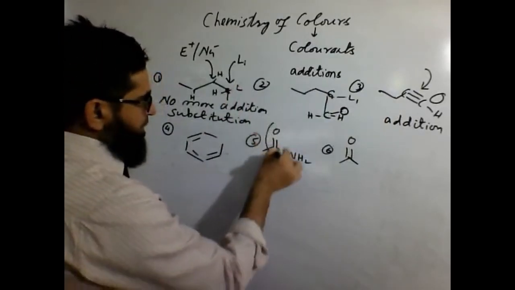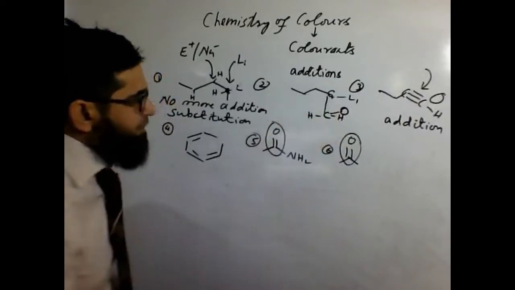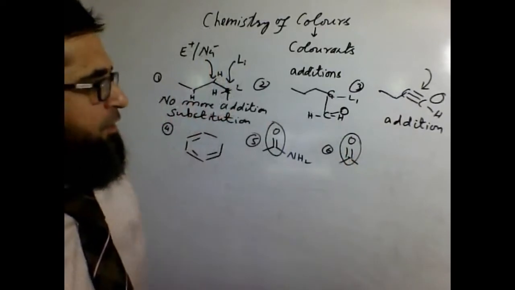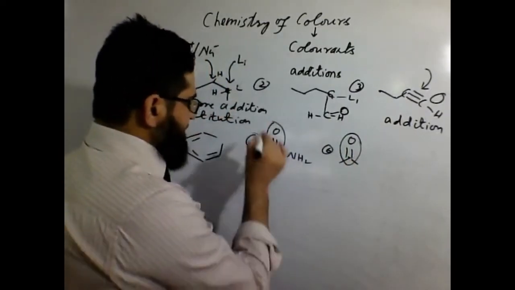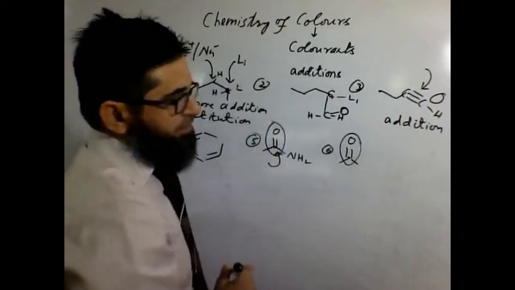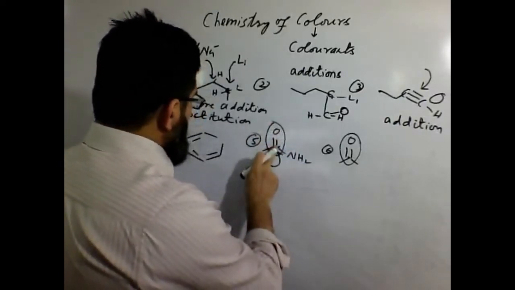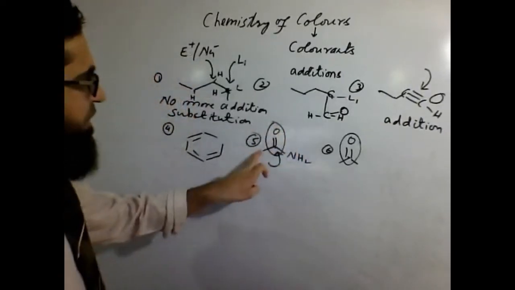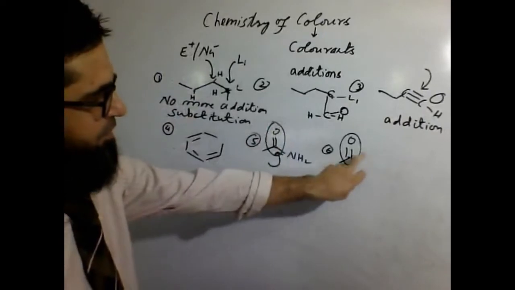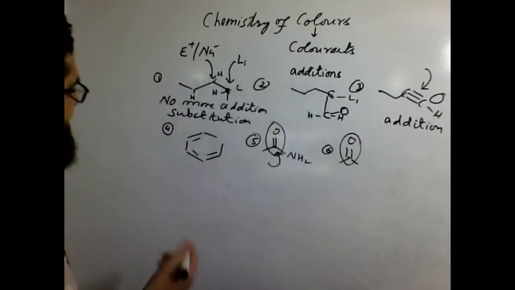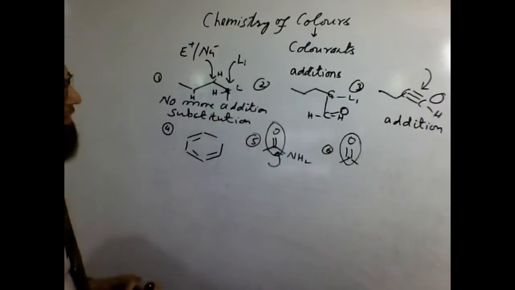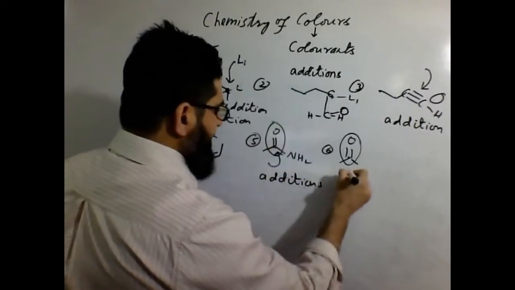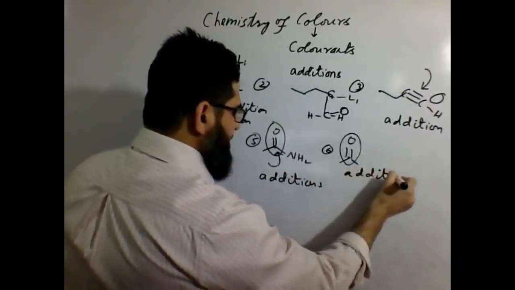Similarly over here, in the case of carbonyl compounds, there is a double bond between carbon and oxygen as well. So somebody can come in from outside to make a bond with carbon, bond number 4, because at the moment it is connected with 3 entities, 1, 2 and the third on the other side. So somebody can come in to make new bonds, which means they are supposed to undergo additions. They could undergo addition reactions.